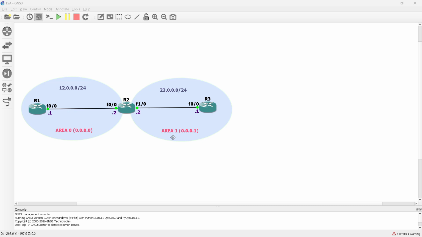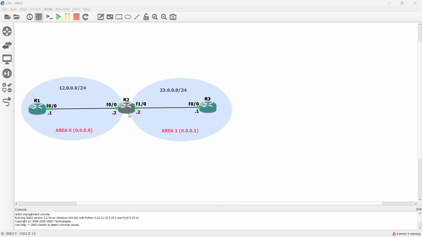Right. Now we will see that after configuration, when we open its database, we will see a new LSA which is generated by the ABR, which is the Network Summary LSA. Right. So before going